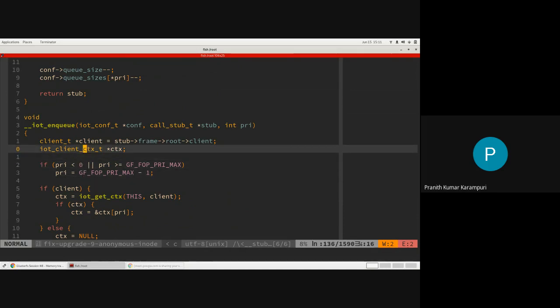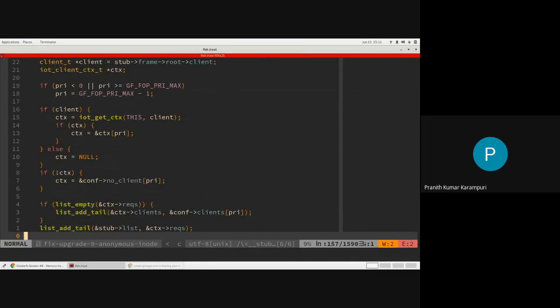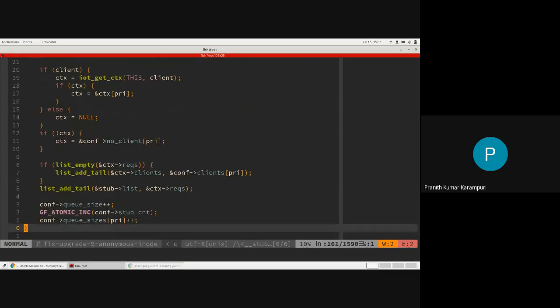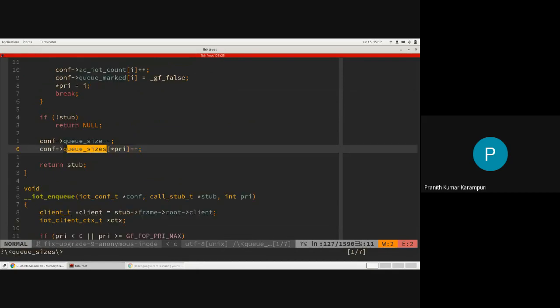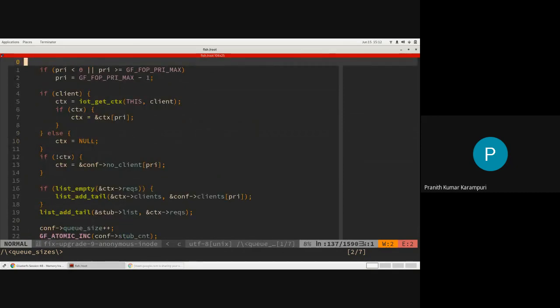And there is per client, if you have high, normal, low, and least, there are 4 such queues basically, lists which are nothing but queues. So you basically enqueue them in that. Okay. And you also increment the queue sizes. So this is to make sure that no one client can completely take over your IO bandwidth.